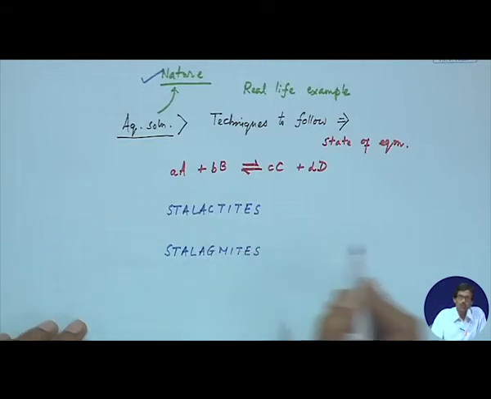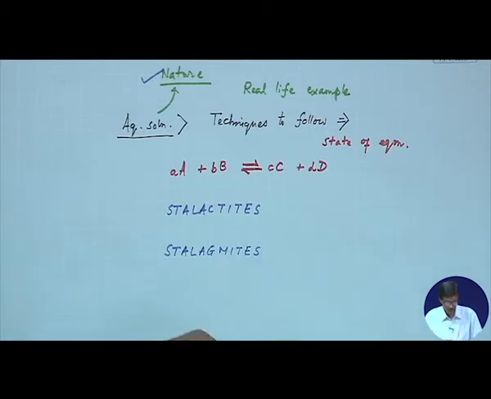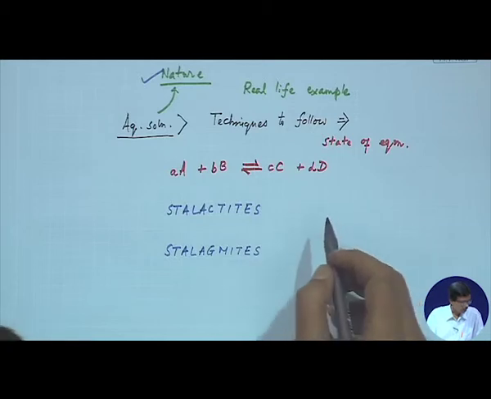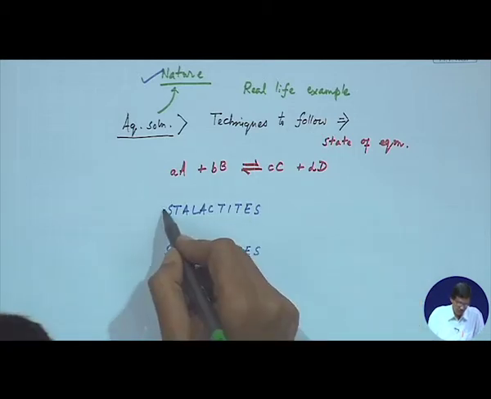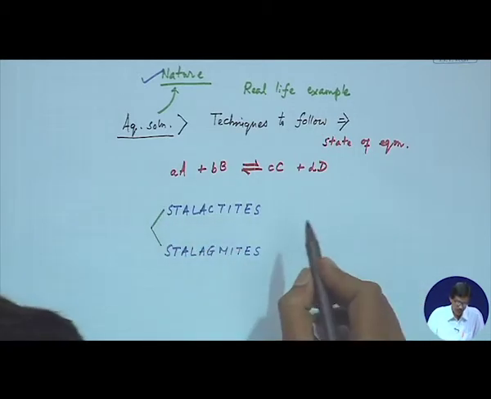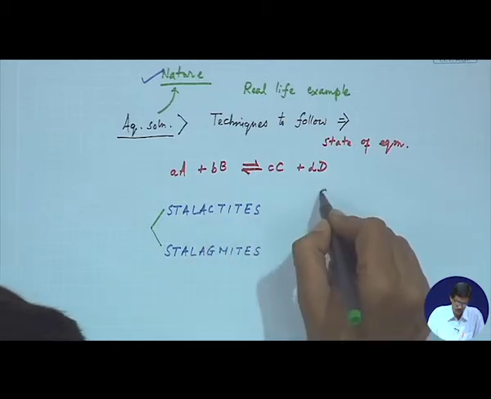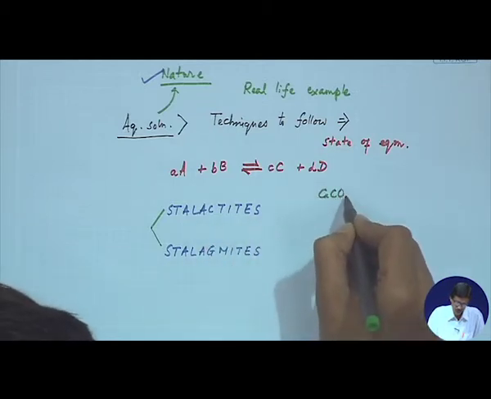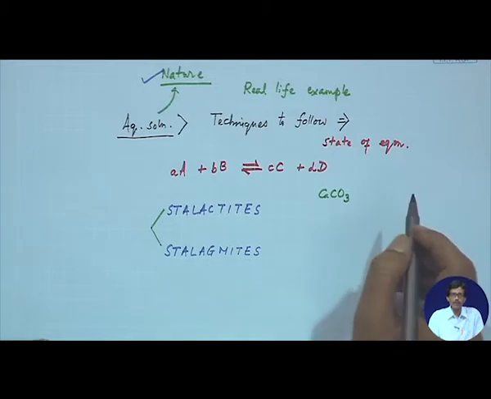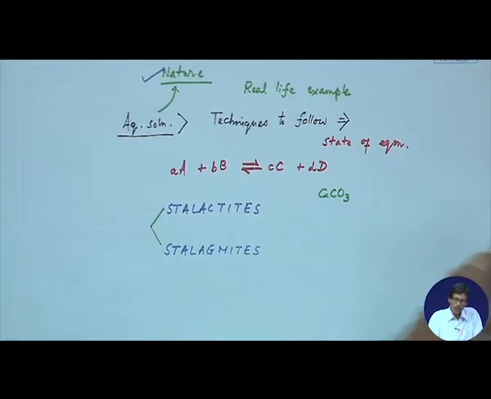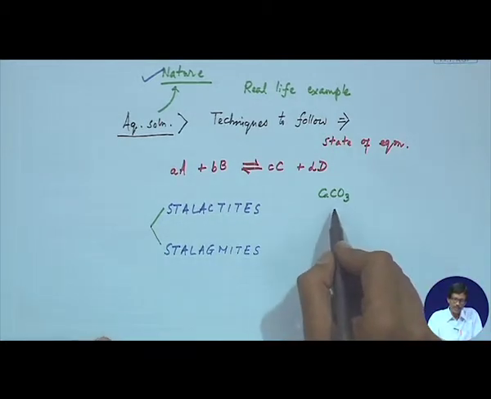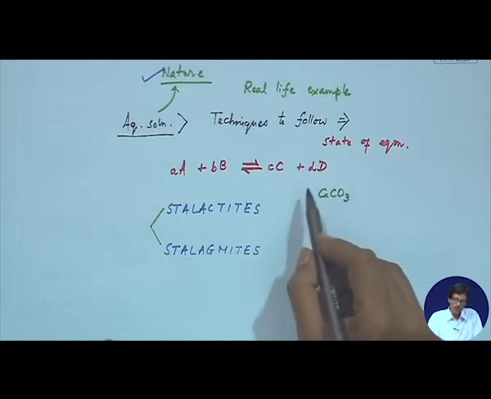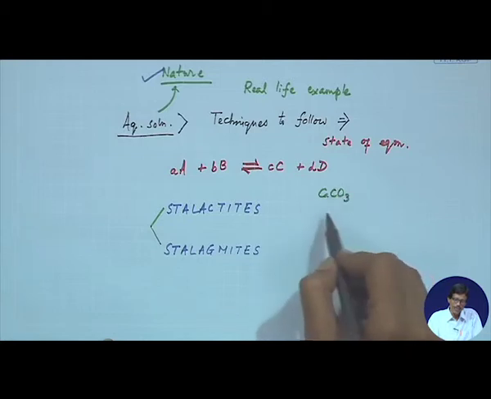So, these you have also probably studied from your school days. This is basically the name of some chemical compound when they are forming in a particular way. These are nothing but the deposition of limestone, which is calcium carbonate. A huge amount of calcium carbonate is getting deposited within this particular cave. This is beautifully formed, and they are basically in crystallized form.